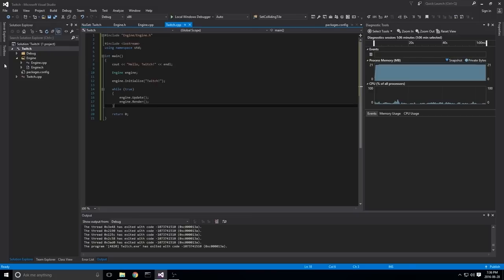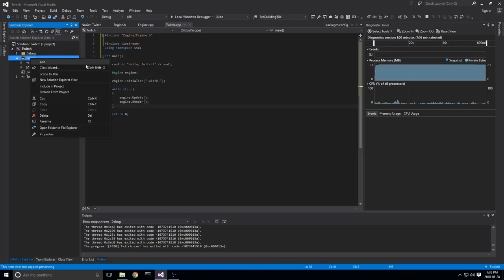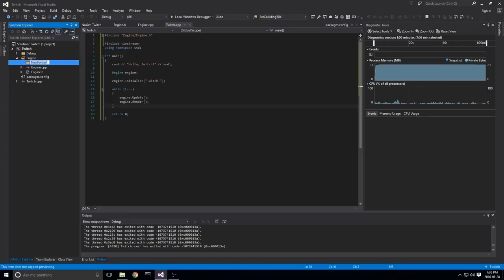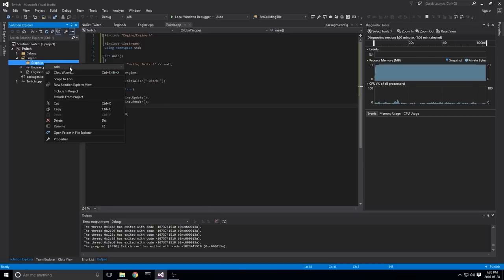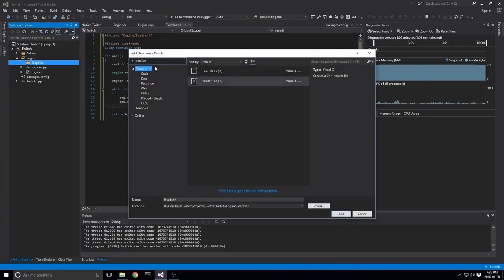So this is going to begin by us creating a new folder within our engine called graphics. And within here, we'll create a texture object. We're going to do two things here. We're going to have a texture object, which is what Soil gives us back. And then we're going to create our sprite object, which has a texture object.